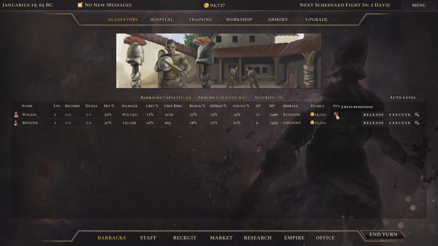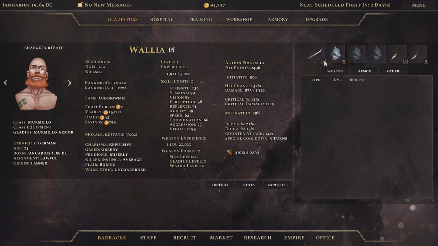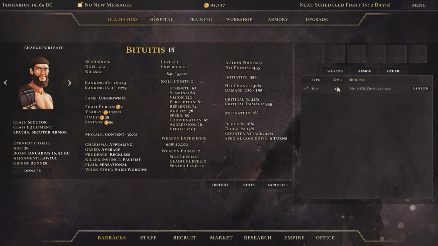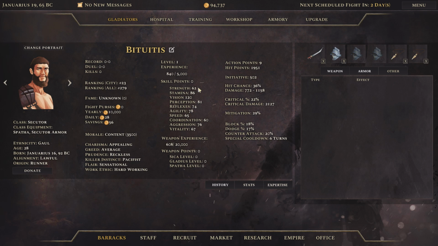Is he going to be ready by our next fight? What's our next fight? 2 days, so he's not. I'm going to have to strip all of his loot off of him and give it to the other guy. So let's give it to... Oh, if this guy's such trash compared to the other dude. Alright, well, you gotta do what you gotta do, man. He's definitely not as good as Wallia, but...